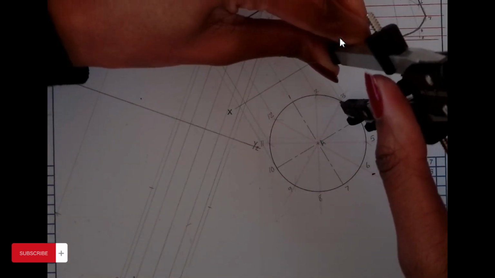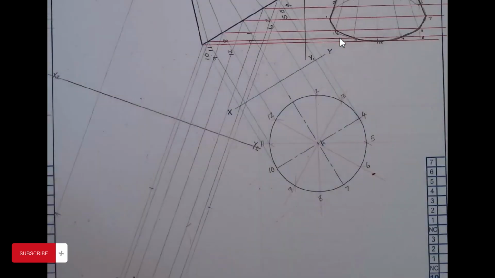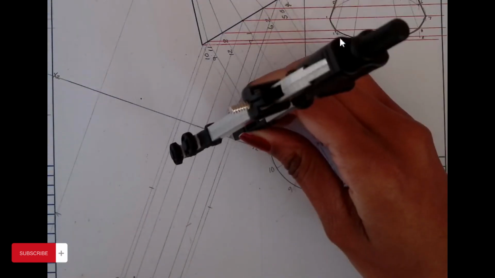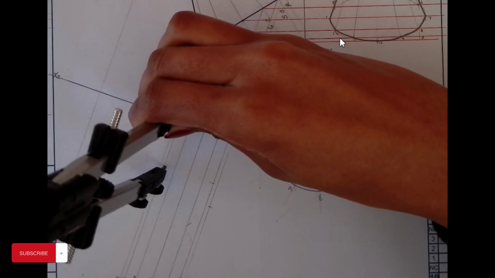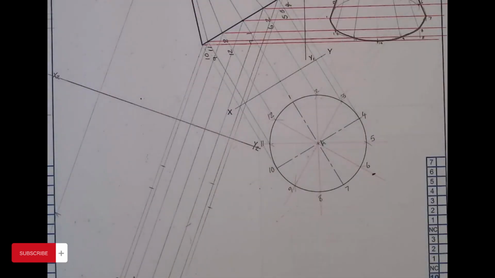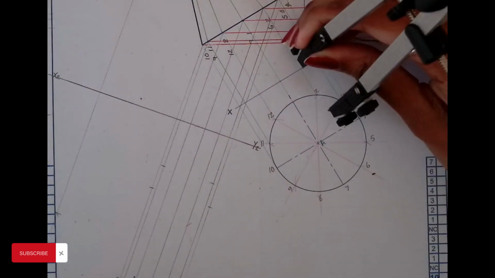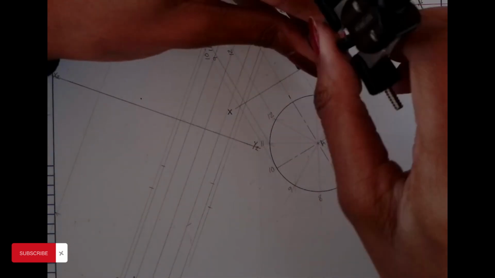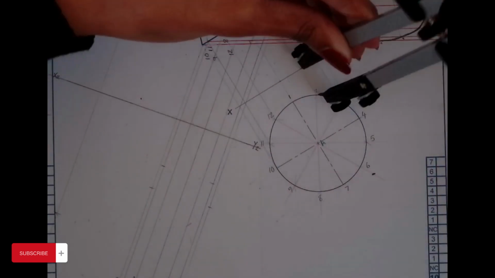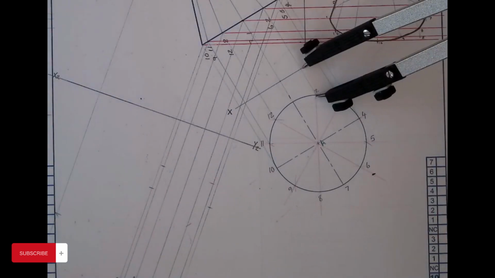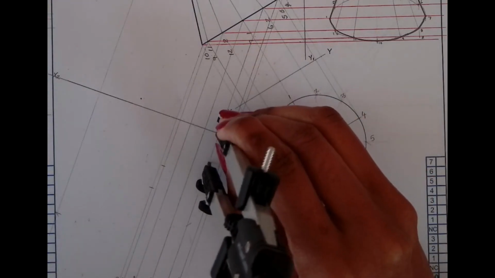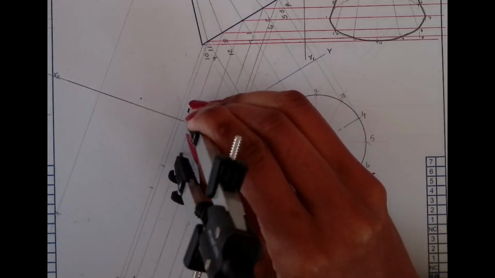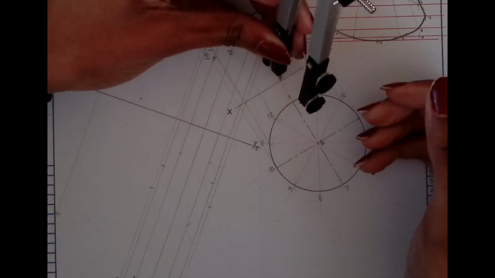So we're going to go to 3 first, and we know that it was sharing with 11. So here is our 3, going to have a point there, and then 11 is on the other side. And then we're going to go to, we know that 2 and 12 as well. 2 and 12 were sharing. So we're going to come here and trace. This is 2, and then 12 is on this side, and then we have